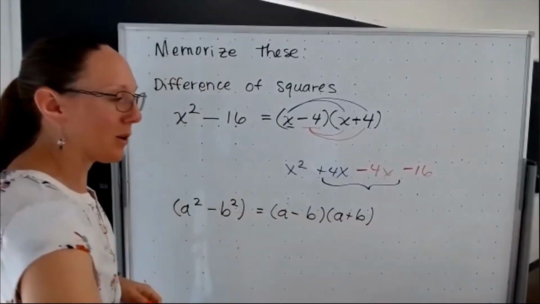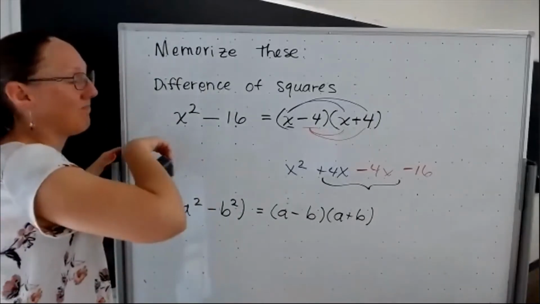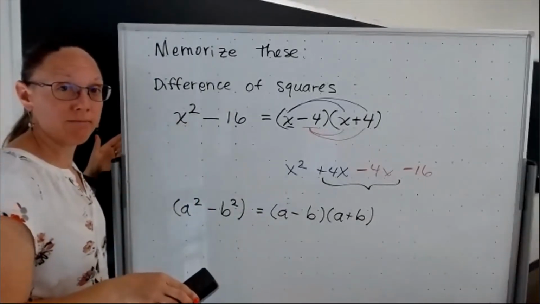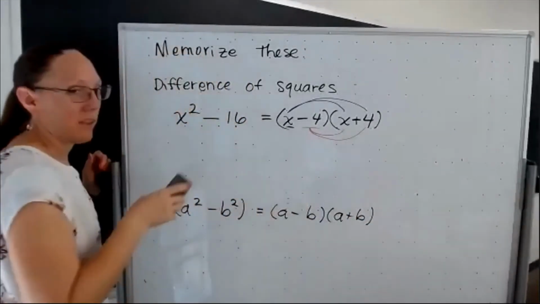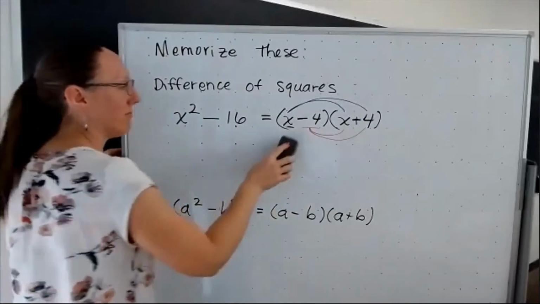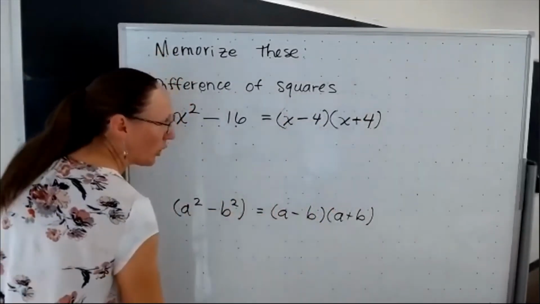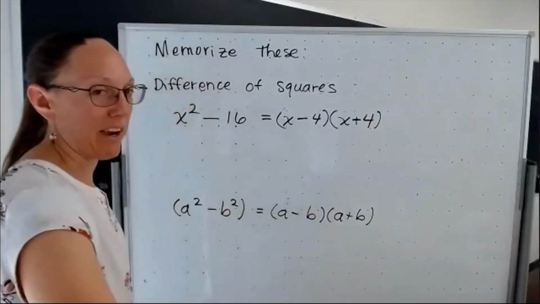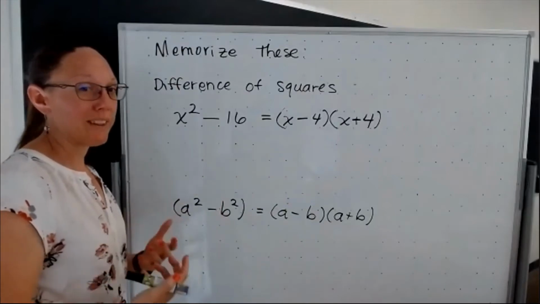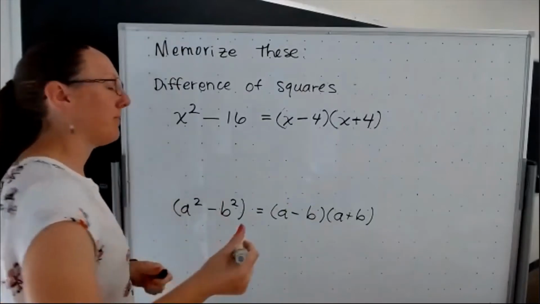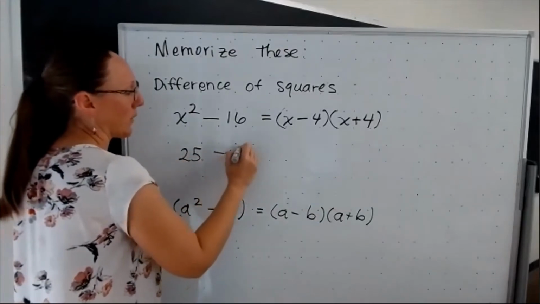I'm going to give you a little pro tip. When I write something like x squared minus 16, I bet most, or at least some of you, would have known that this is how it was going to factor. But then our brains do this weird thing when I write this not in the order you expected. So if I wrote this as 25 minus y squared,